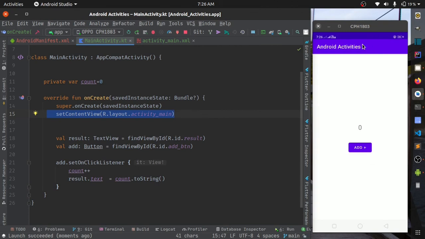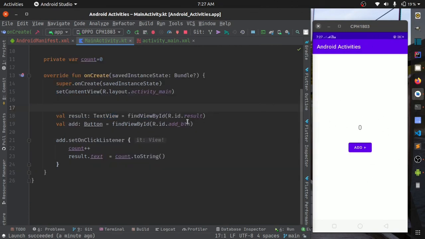We will have further tutorials to customize it too. And this is the result. So this result is referenced over here, and this add button is referenced over here. When you click this button, setOnClickListener is called and the counter is incremented, and result.text means this text is set to the count whenever the user clicks on the add button.